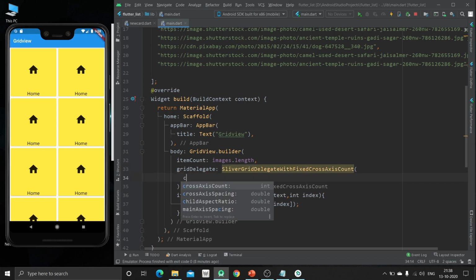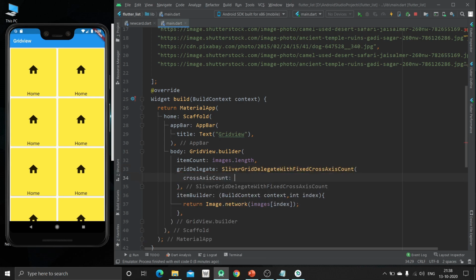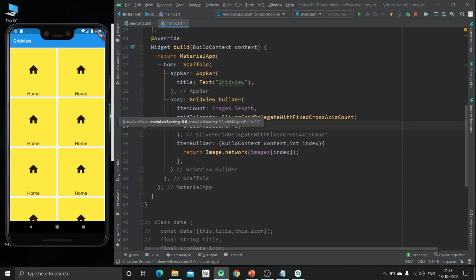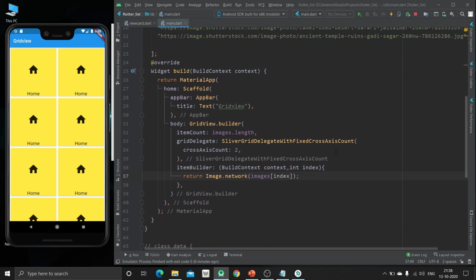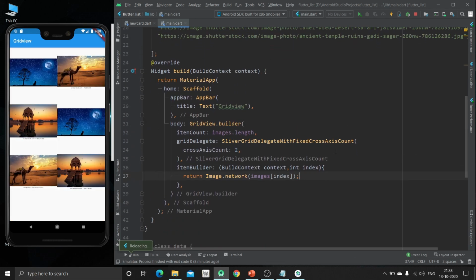So as we are going to create grid layout, it is necessary to specify this cross axis count. So that's all. Now we have to just hit Control and S.